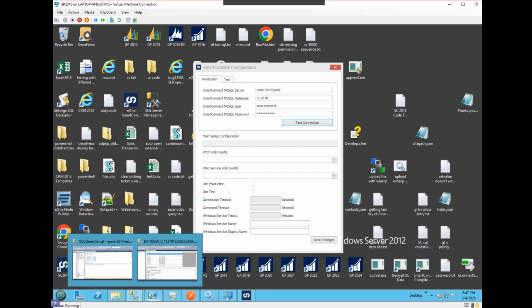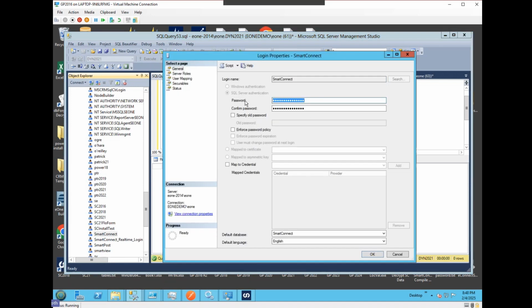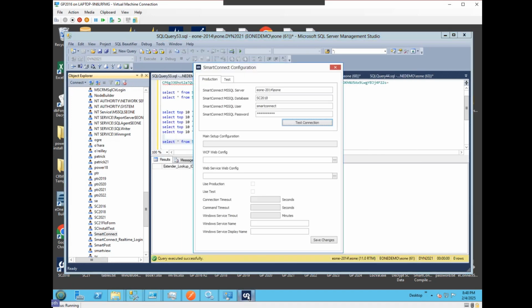So how we can solve that: if we didn't know what the new password is, we go to SQL and we would change this. And we're not marking enforcing the password policies; that just gets us expired faster. Obviously, you can do what you want. And so now I've changed it. So now if I go back here and enter the password I just changed it to in SQL, my test connection